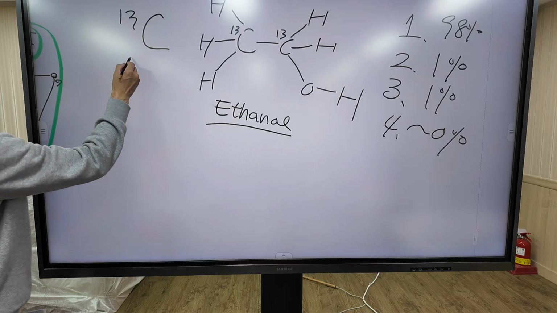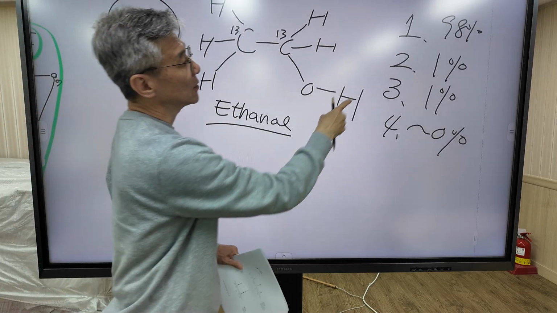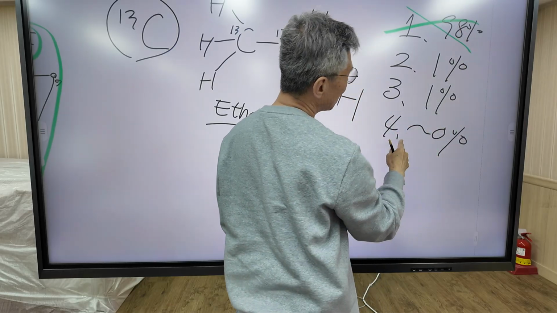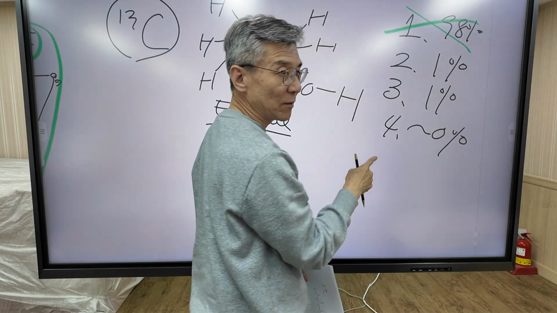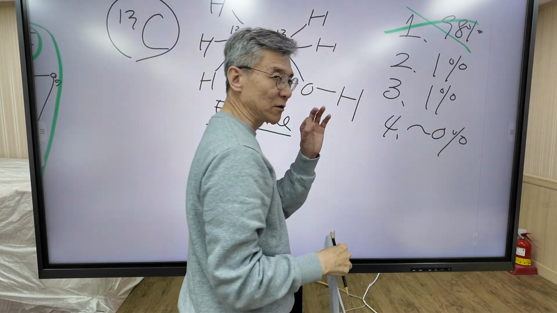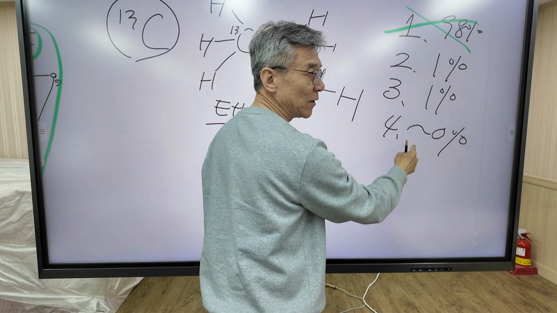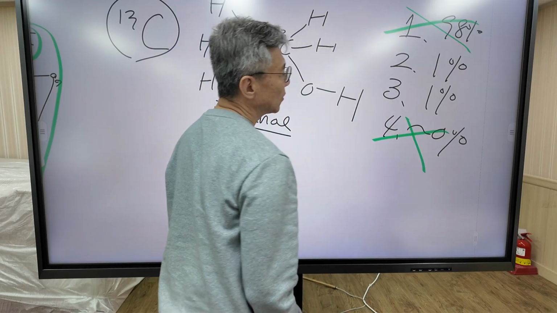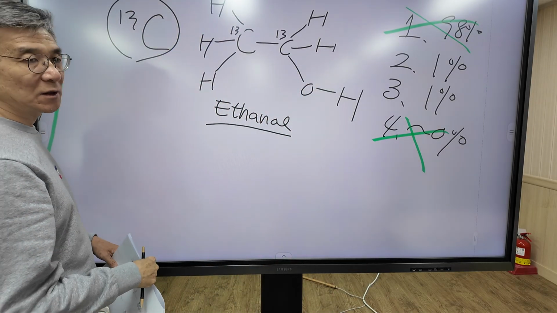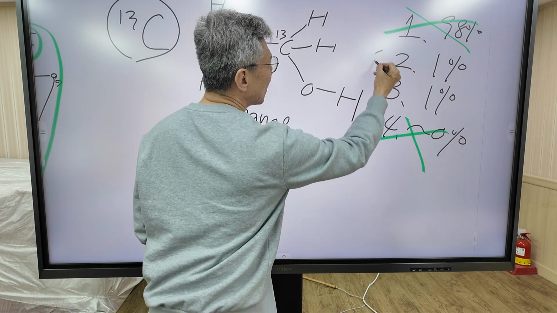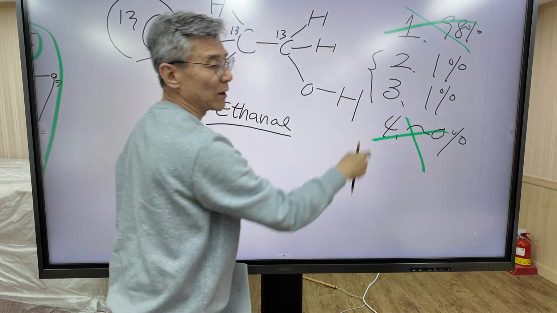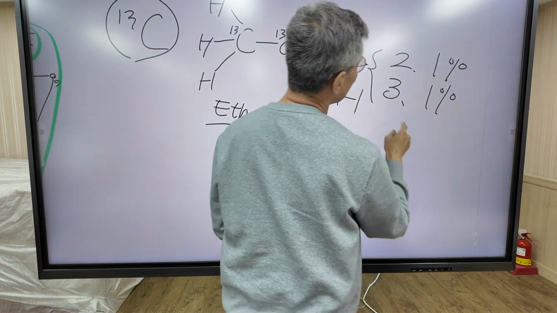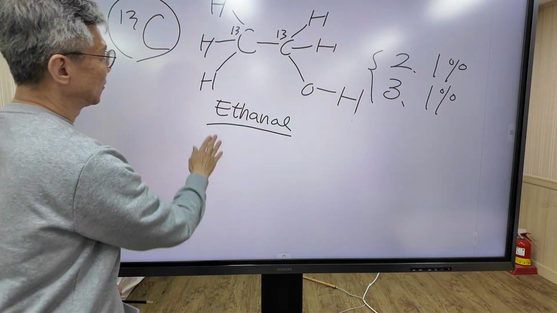So when you measure the NMR spectrum, this molecule cannot generate an NMR spectrum, and the quantity is very, very small. So the signal is very, very weak, and we cannot observe the NMR spectrum from molecule 4. So when you measure the NMR spectrum, the signal practically comes from only molecule 2 and molecule 3. First, I'm going to analyze the spectrum from molecule 2.